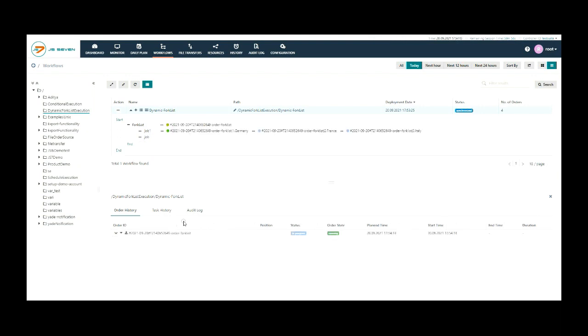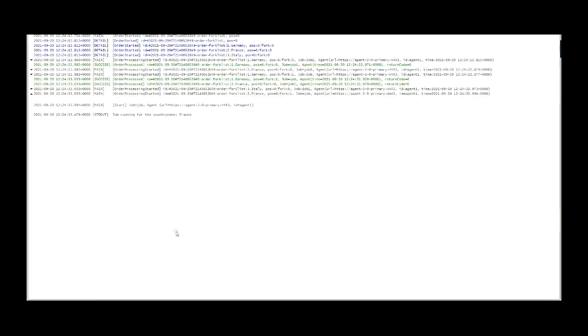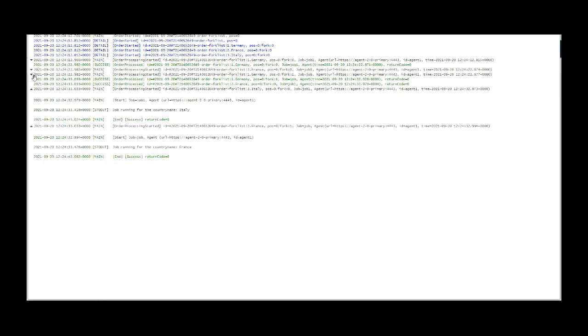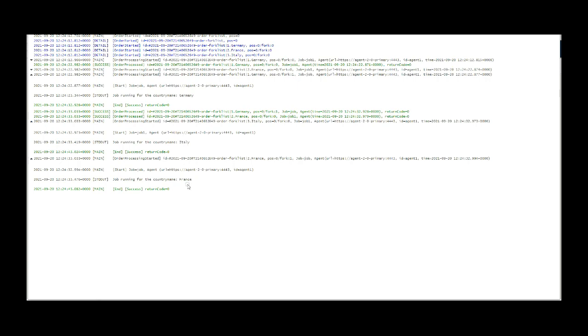Click on submit. From the workflow view, you can see the three orders are added to the workflow for each entry of the variable set. You can add as many variable values into the orders as you like, so it will execute the multiple orders at the same time. From the history, you can see that the country name is visible in the logs. For each value, the order is executed and prints the values.